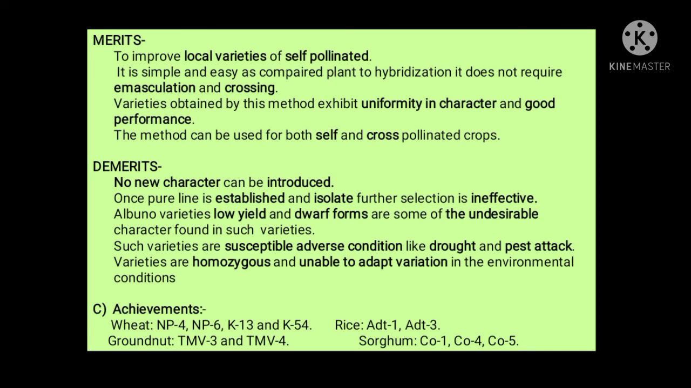There are some achievements using this pure line selection method: in wheat, NP4, NP6, K13 and K54; in rice, ADT1, ADT3; in groundnut, TMV3 and TMV4; in sorghum, CO1, CO4 and CO